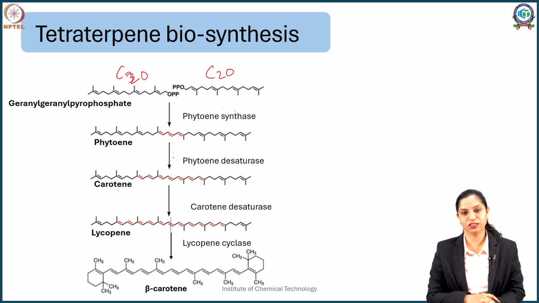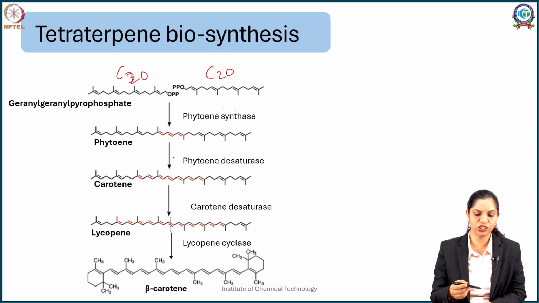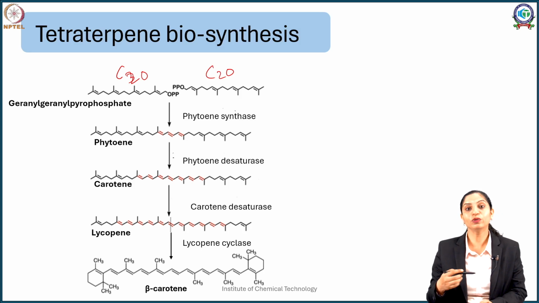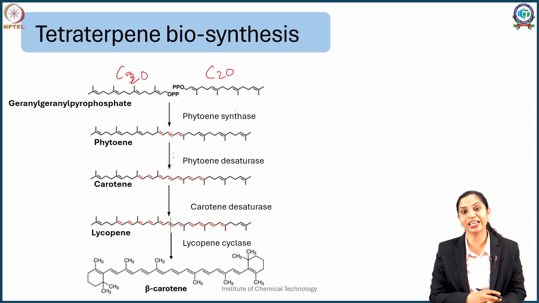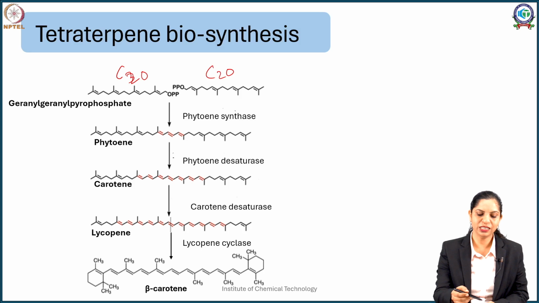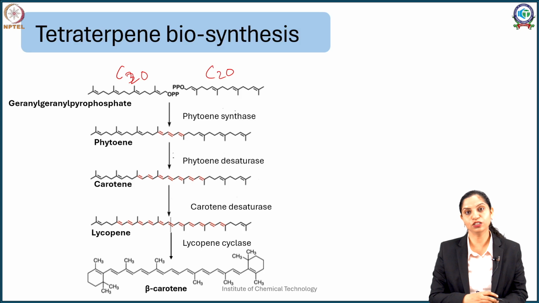So, this is done in presence of enzyme called phytoene synthase. Now, this phytoene synthase, when it joins them to each other, will just form a plain linkage. You need unsaturation. You will see naturally when I am talking about tetraterpenes, I am talking about carotene kind of compounds, and when I am talking about carotene, these are colored compounds. The color intensity depends on double bonds. So, in nature you will find most of the carotenes with double bonds. So, this synthase undergoes a few more unsaturations in presence of enzyme phytoene desaturase to become what is called carotene, which is there in your carrots.